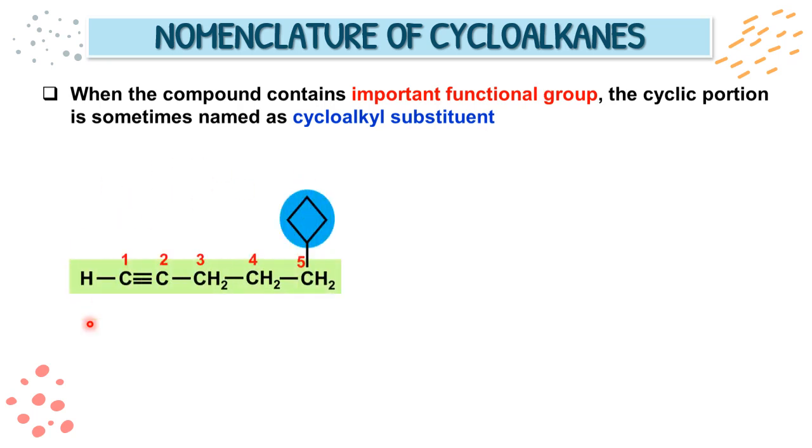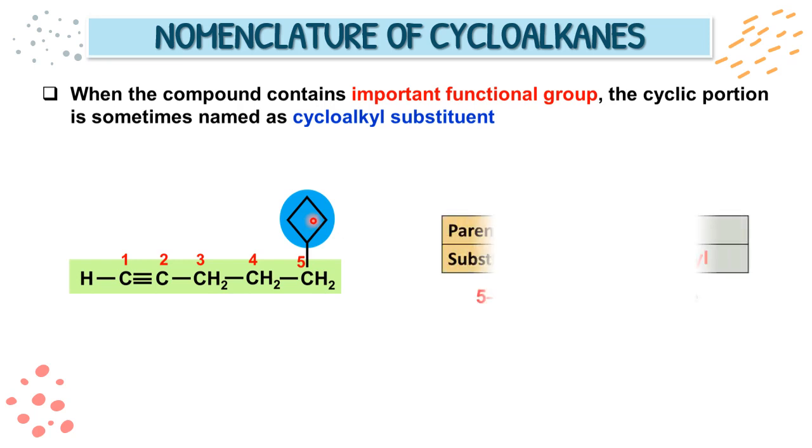For example, like this. If you look over here, we have a functional group of carbon-carbon triple bond for alkyne, and it's located at carbon number 1 and carbon number 2. We have a cyclic structure over here. So automatically, this cyclobutane will become a substituent, and we call it